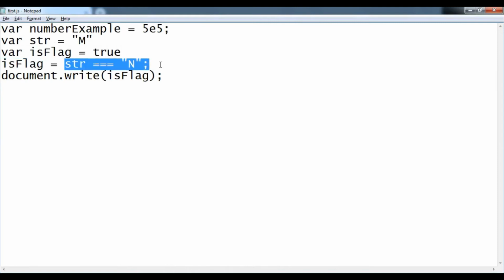Okay, third thing was undefined. Okay, so undefined is the value of variables which are not defined yet. So what does it mean? Let's say I have written this variable a and I am not assigning anything to it. Okay, so let me write it and let me show it using document.write.